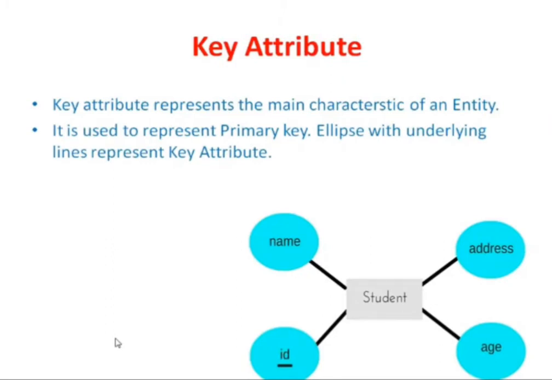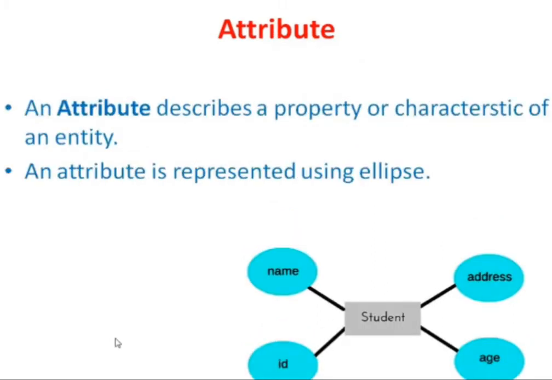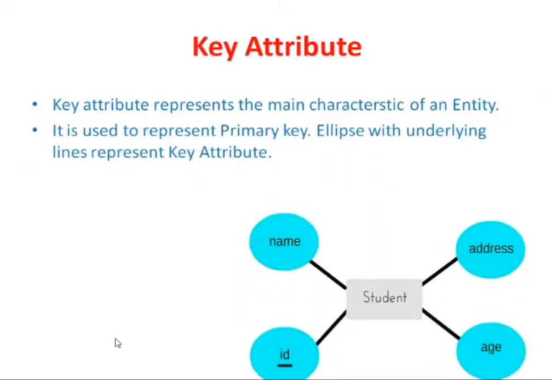We already know what an attribute is. Now we need to see what a key attribute is. That is very, very important in terms of any database or any table. We have seen in database management systems that one of the advantages is that there will be no duplication in a database. If a record is stored in a file, there will be no duplication of the same record in the same file or maybe in a different file. That will be controlled by having the key attribute in the table.